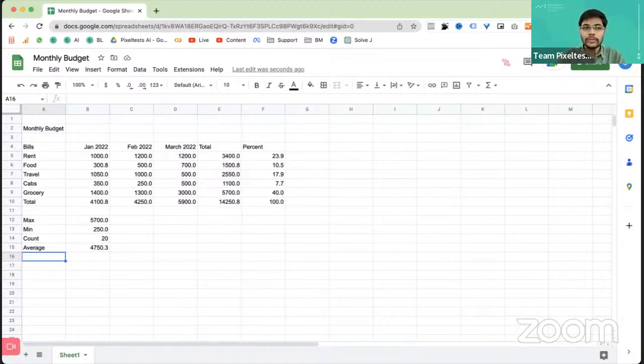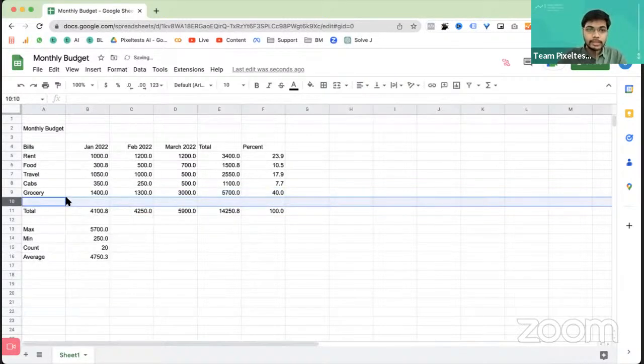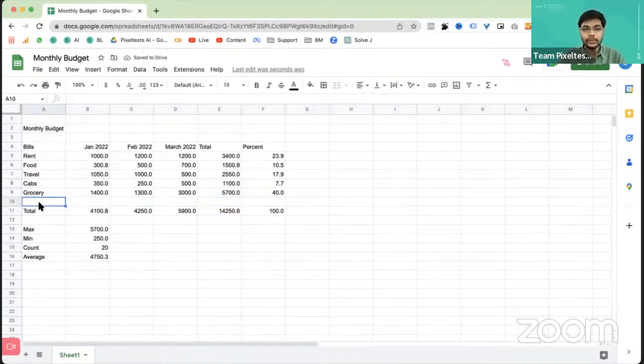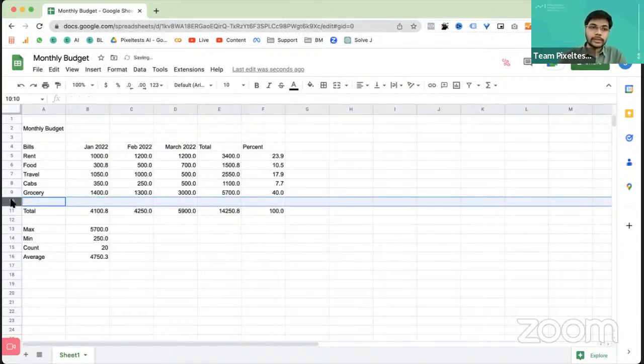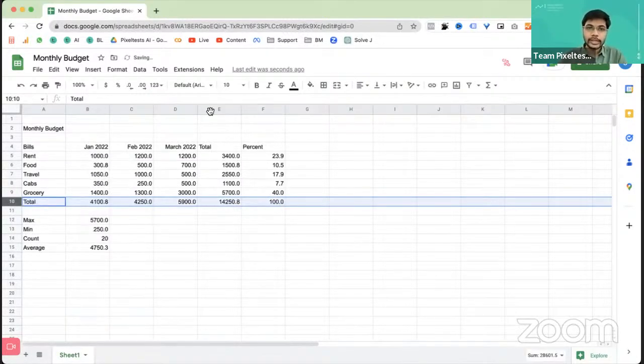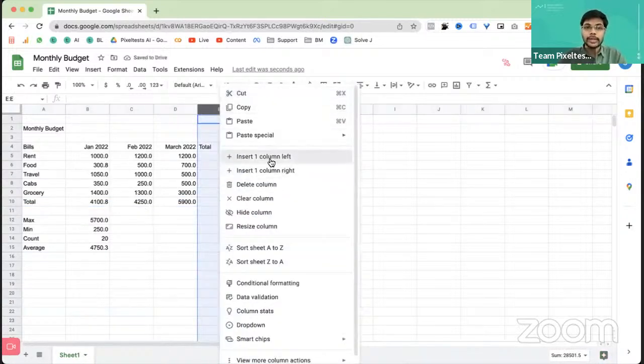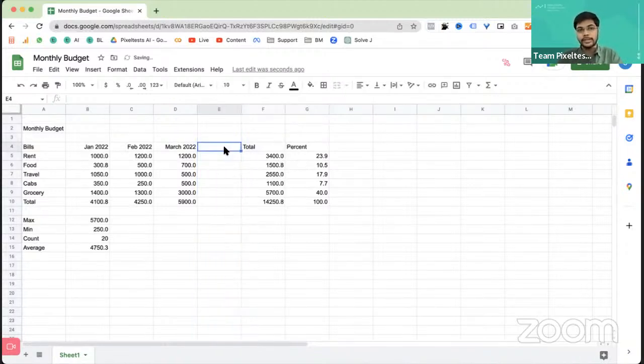Then you can always go ahead and insert rows by clicking here and saying insert new row, and then have a new say, maintenance. Okay. And then fill this particular row also. So you can create a new row like that. Or if at all you want to create another column, say another month goes by, you can click on insert one column left or right, and then say April